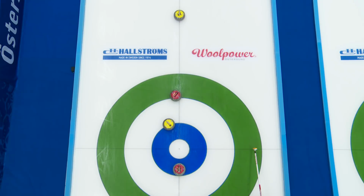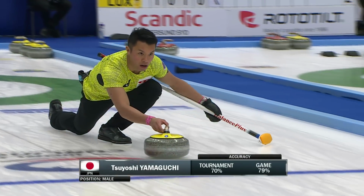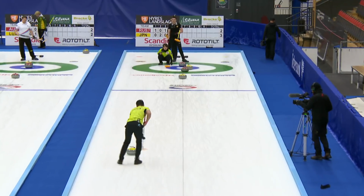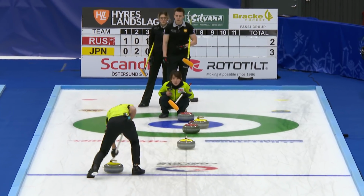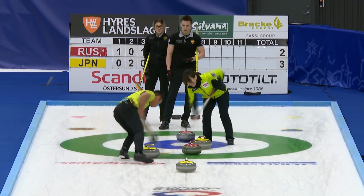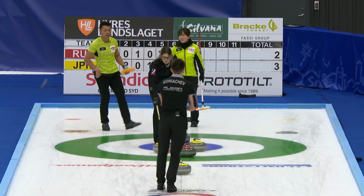So Japan now looking to draw one into the forefoot here, wanting to set second shot. Here you can see a good shot of how and where that rock starts to break, and how much line he had taken at first, and where this is going to get to. Lots of curl in this ice. A little bit underswept, I think, but